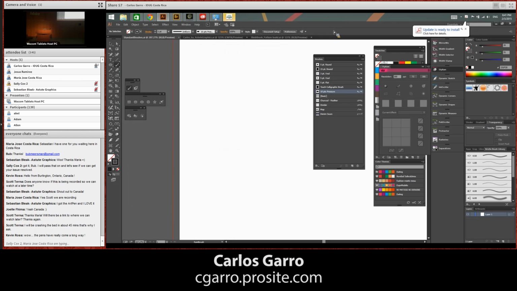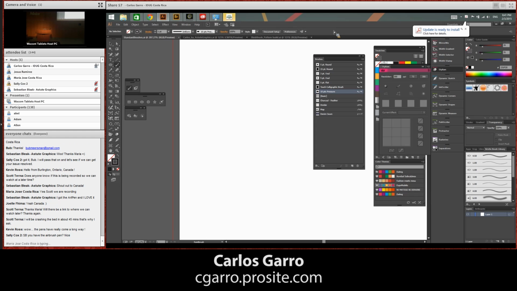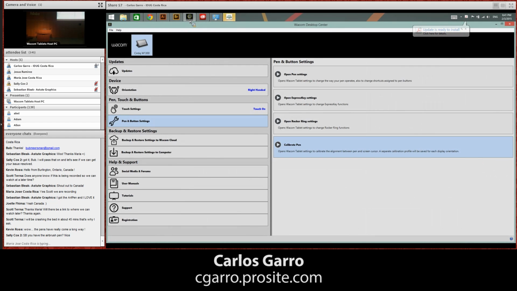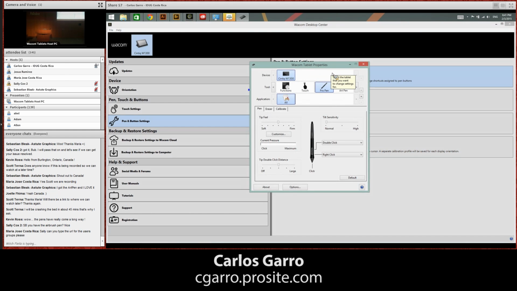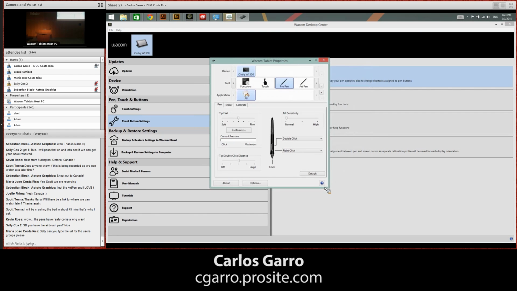It's important for you to know that the Wacom Cintiq Companion is a Windows machine. Okay. On every Wacom tablet you have access to the Wacom Desktop Center, where you can set up different preferences for your Wacom. For example, you can change the pen settings, and you can program the different settings of this pen. Even if you have multiple pens, you can change the preferences for these pens